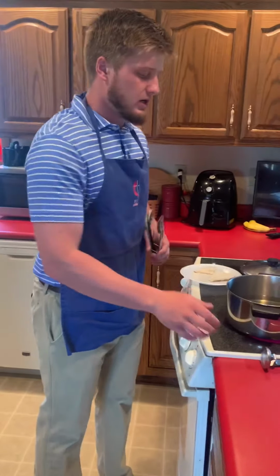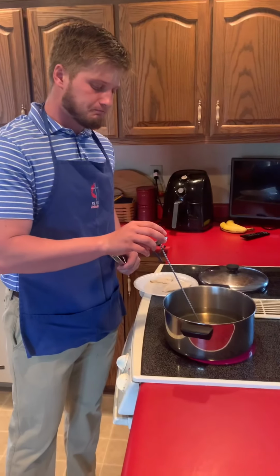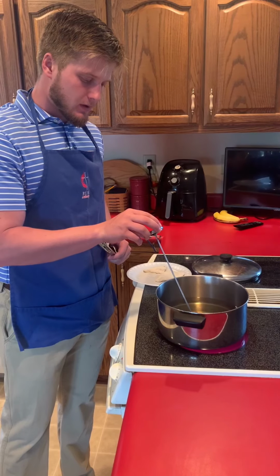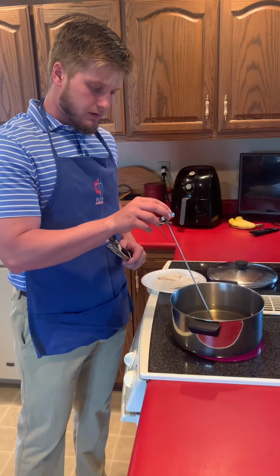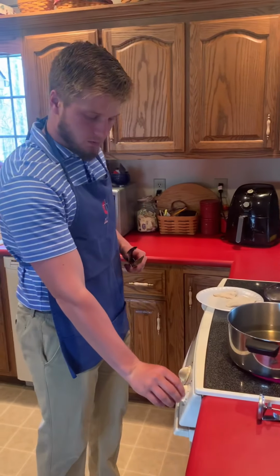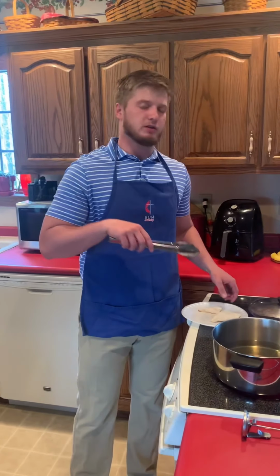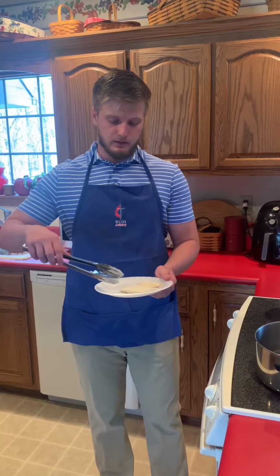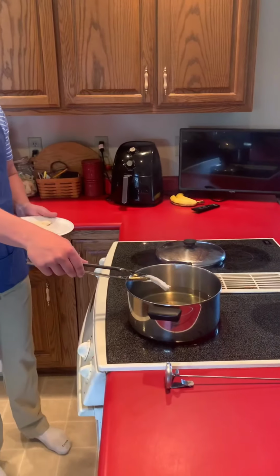The first thing that you need to know about the oil is it has to be above 300 degrees to place your fish inside. And yep, we're about 350 right now, getting a little bit above, so I'm gonna go ahead and turn the oven down. You don't wanna go above 350 because that's gonna cook them too fast and not get the inside done. So what you're gonna do next is take your fillet, press it in, stand back,